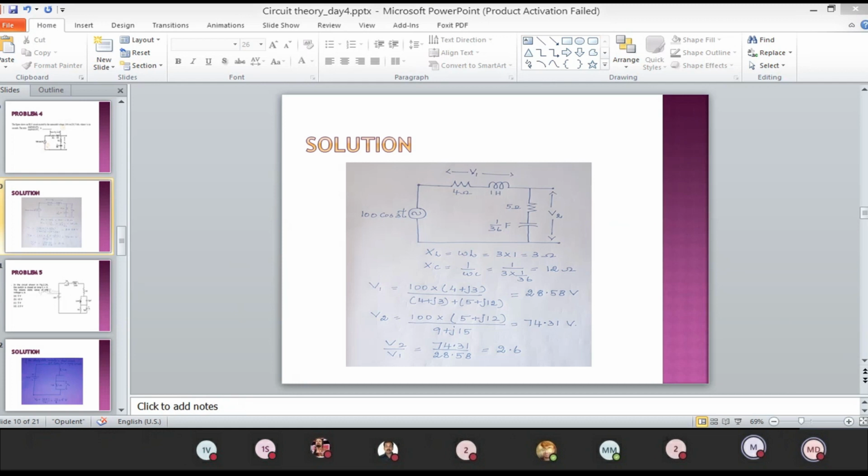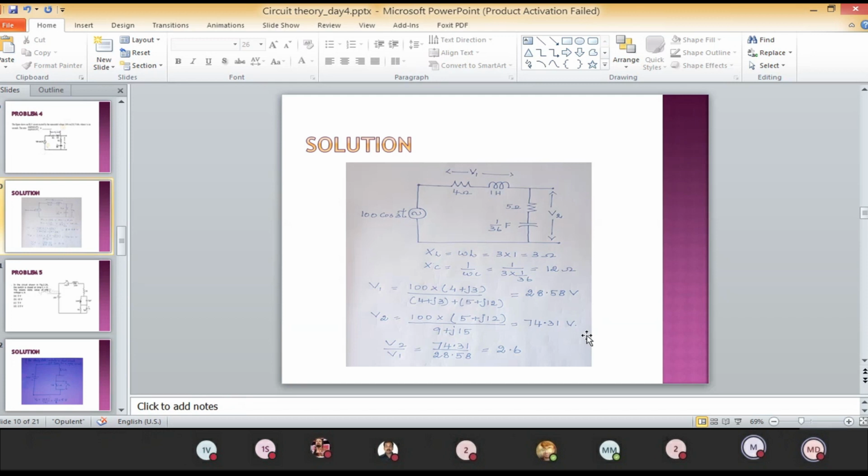And take care, you don't have any other ratio, because you're going to divide the amplitude of V2 by V1. And these problems you have to think through effectively. He's asking the ratio of the amplitude of V2 by V1. The voltage is already given, and from that you find V1 and V2. V1 is V into Z1 by Z1 plus Z2. V2 is V into Z2 by Z1 plus Z2. So we are using the voltage division rule and getting a simple solution.